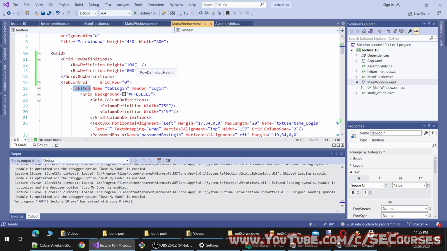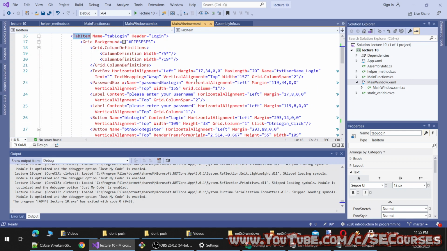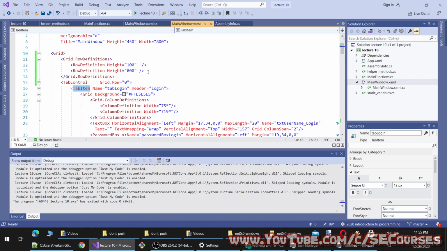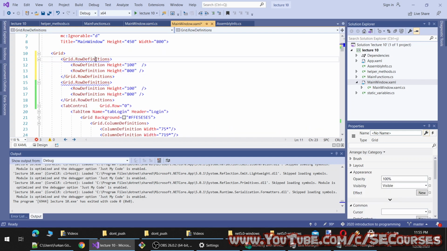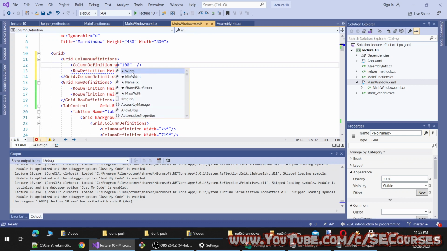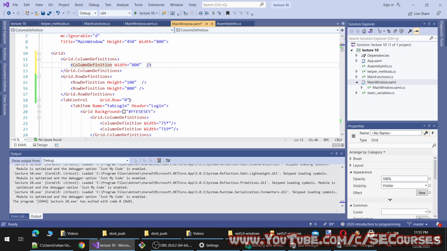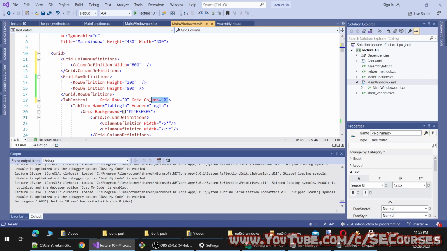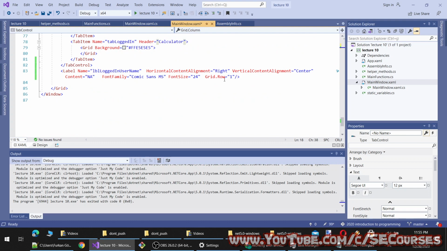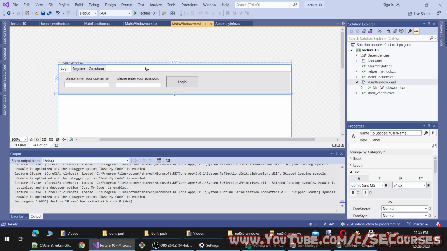Maybe we need to add grid columns as well. Grid column definitions and column definition width equals 800, and let's add grid column equal to 0 and grid column equal to 0. Let's see how it will look. Interesting.